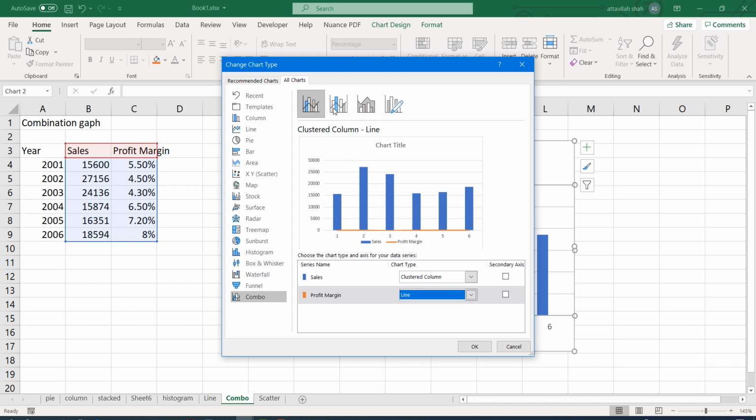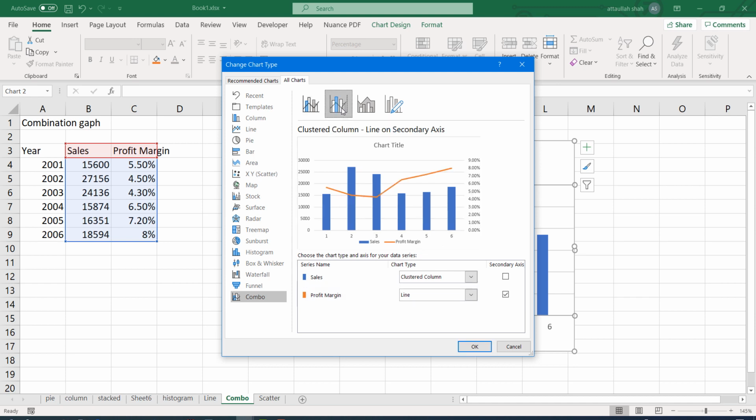Among the options, we have clustered column, then clustered column line on secondary axis. That is what we would like to use. So we will use the profit margin as the secondary axis, and that's all.